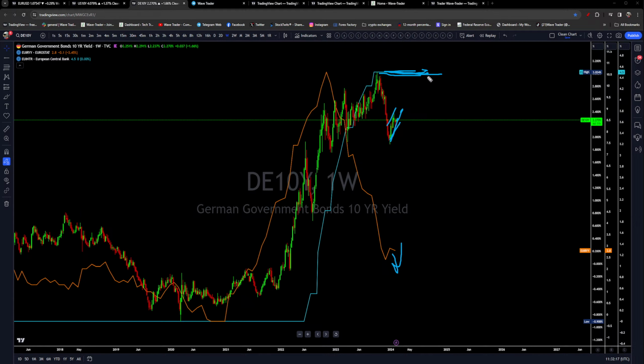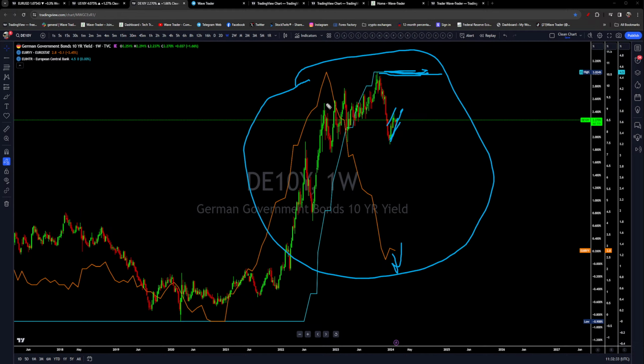I mean, we can expect the ECB to cut first, then the Fed, then the Bank of England or Bank of Canada, Australia, New Zealand. Yes, all these banks are going to start cutting rates at the same time. And the same pattern is simply appearing over there. Yield is falling. Interest rates are higher, yields are going down, inflation falling. So this picture is simply appearing across the market on these